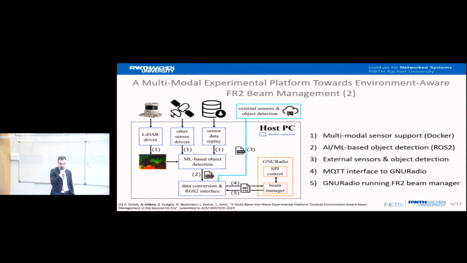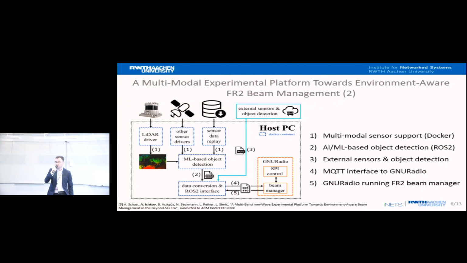Each sensor runs in its own Docker, and the AI/ML object detection also runs in a ROS2 Docker container. There we can also enable external sensors and external object detection algorithms, so you can change the algorithm, retrain it, and then validate it on top of that. What is important here is the MQTT interface, which enables us to output the detected object list and use it in a smart way in our RF framework, which in this platform currently runs in GNU Radio.